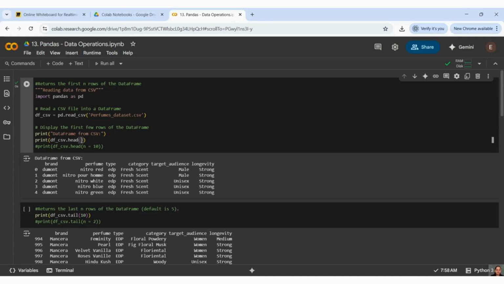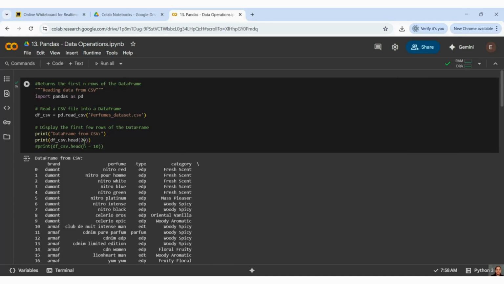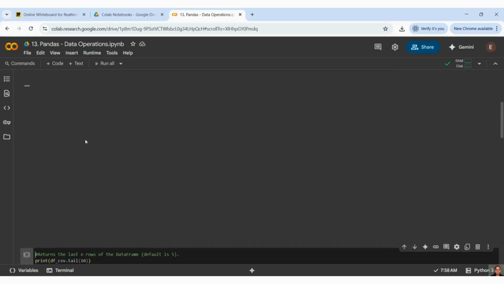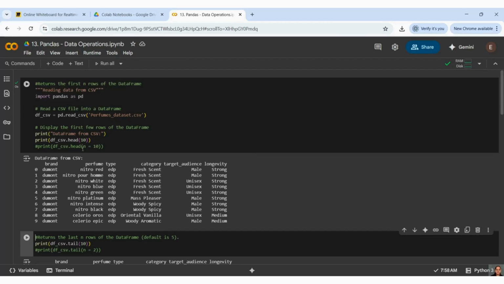When I want more data, like 20 rows, I can just give 20, or if I want 10 rows, I can just change it to 10. Like that, you can give the number.